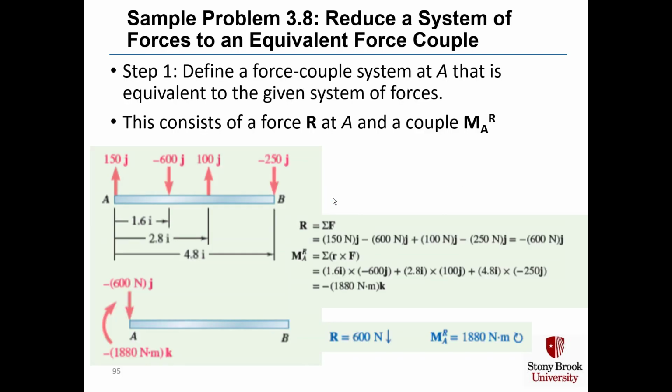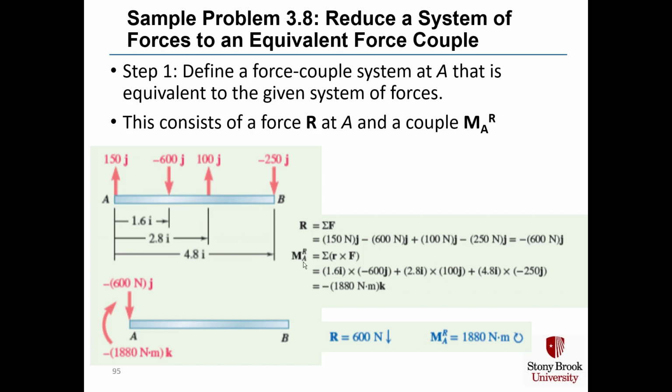In step 1, we will define the force couple system at A that is equivalent to the given system of forces. Doing the force calculation is pretty easy. You just sum up all the forces. Plus 150 minus 600 plus 100 minus 250, and you get a minus 600 Newton force in the j direction at point A. To do the moment calculation, you have to take the sum of all of the moments